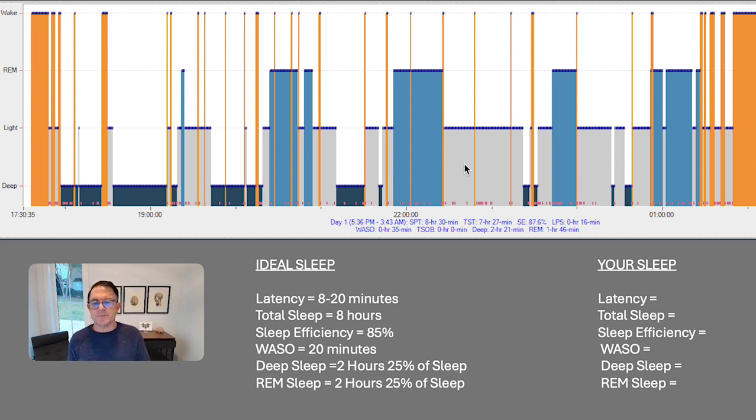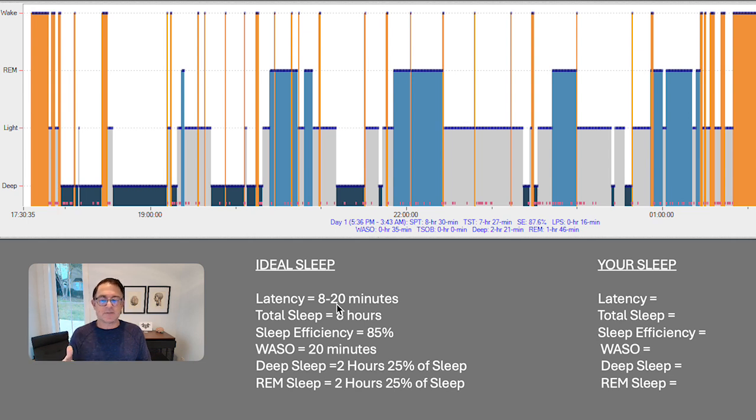First of all is something called a latency. Latency is the amount of time it takes you to get to sleep. We want this to be between 8 and 20 minutes. If it's too quick, like some people say, my head hits the pillow, I fall asleep, that may not be